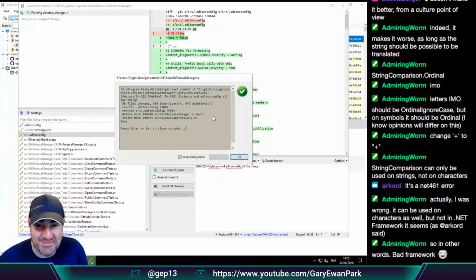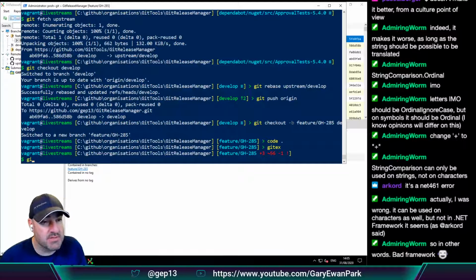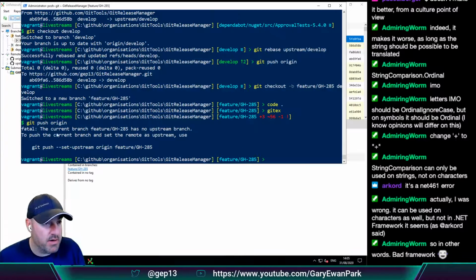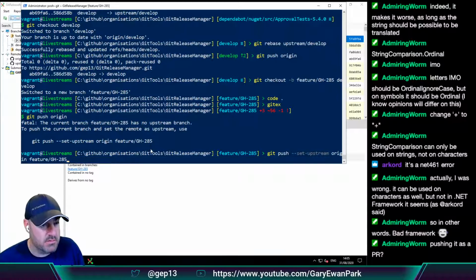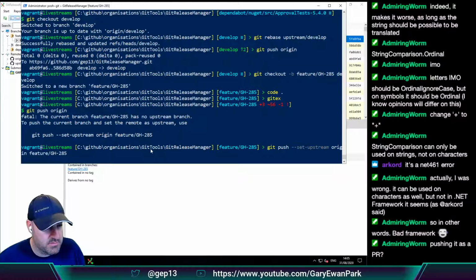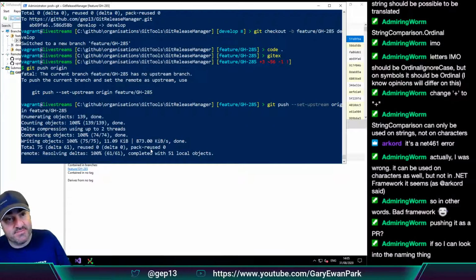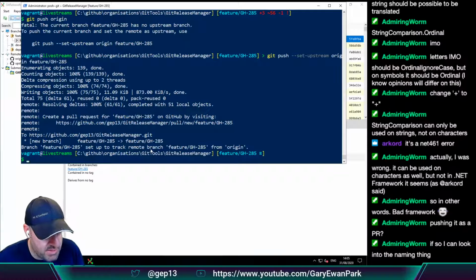So in other words, Patrik, love it. So for now, let's do a git push origin so that it's up there, and then I can come back and finish this off. I wasn't going to make a PR yet because it's not ready, but we could do. Oh, well, we can do. So GH PR.